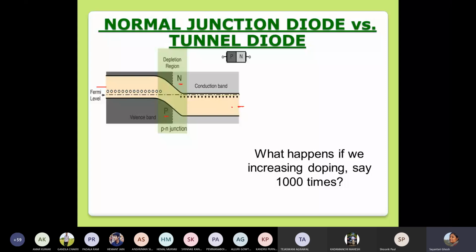The doping in this system, say 1,000 times. That's just what we do in case of tunnel diodes. So what happens if I increase the doping level 1,000 times in this particular system? Just think about the p-type side and tell me: if you go on doping further and further into this p-type semiconductor, where the Fermi level is already quite close to the valence band, what do you expect will happen to the Fermi level if you go on doping to much higher levels? Do you have any idea about that?